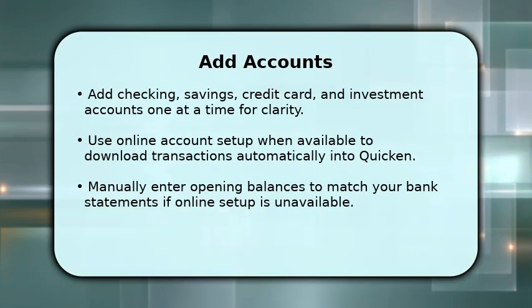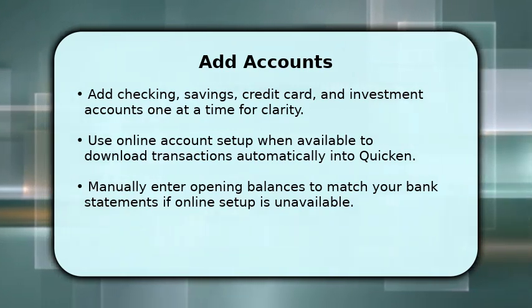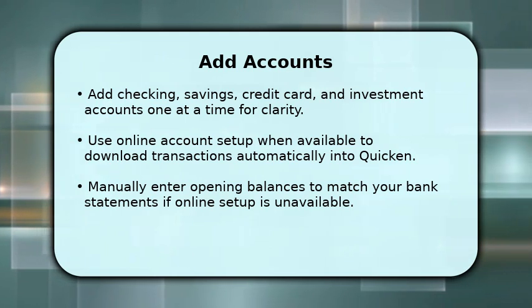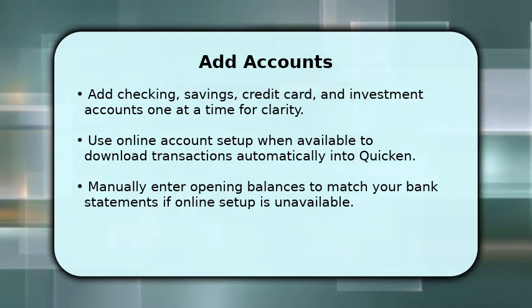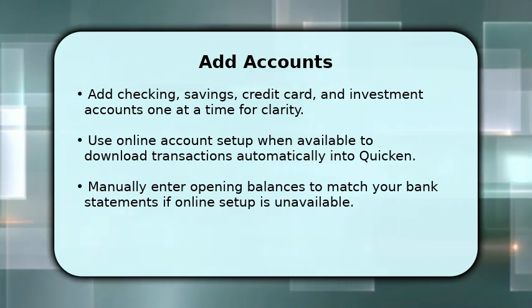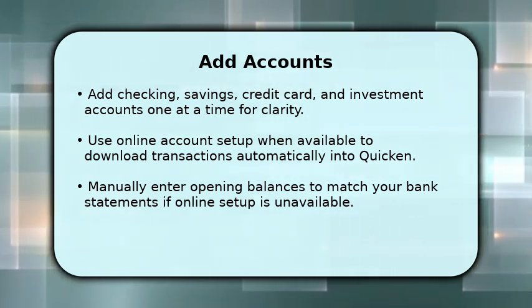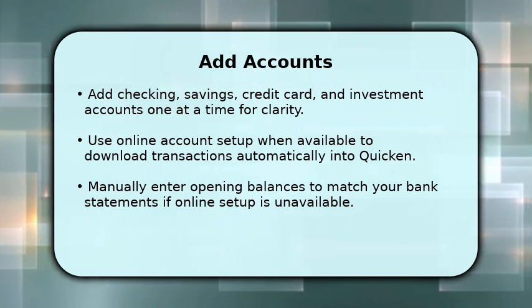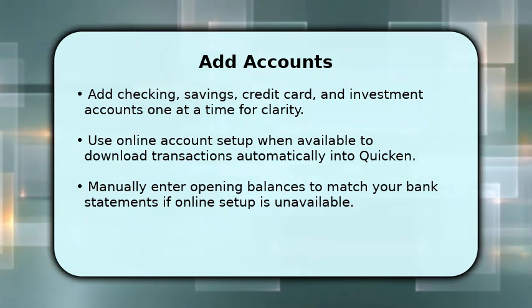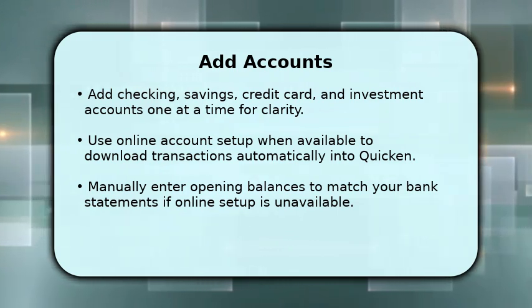Set up each account carefully, starting with checking and savings, then credit cards and investments. Use the online setup wizard for banks that support Quicken to download transactions automatically. If your bank does not support direct download, manually enter the opening balance and recent transactions to reconcile later. Label each account exactly as your statements show and choose the correct account type so reports and transfers work correctly